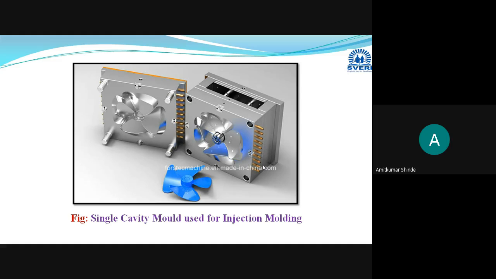In the next session, we will start the second practical. In the second practical, we are going to solve one problem. One problem statement we will take, and in that we will design a bottle cap. A plastic bottle requires a plastic cap. How the design of that cap is done, we will discuss. It is manufactured with the help of the injection molding process only.